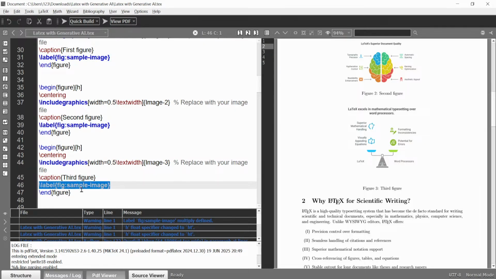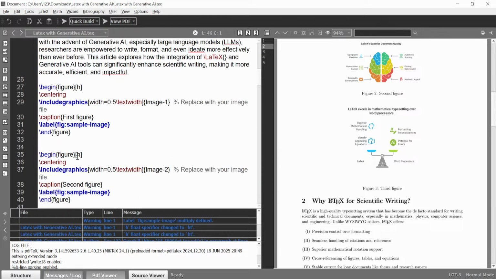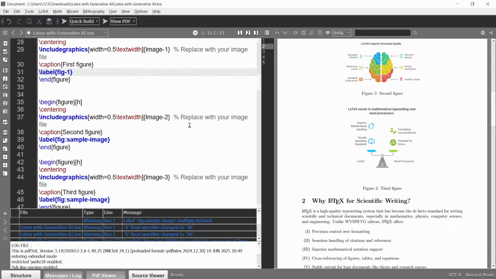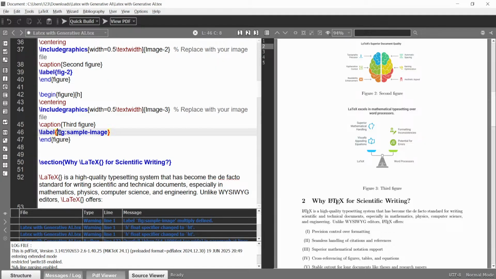What is the purpose of the label? You can use a label in a table also. Here for the first figure I am using the label fig 1, for the second I am using the label fig 2, and here I am using the label fig 3.